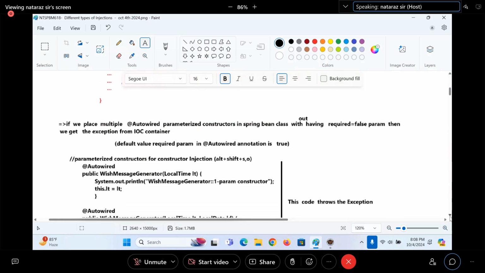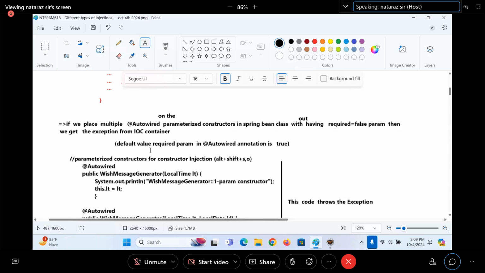Are you getting my point there, guys? If we place @Autowired on multiple parameterized constructors in the Spring bean class without having the required equal to false param, then we get an exception from the IOC container.